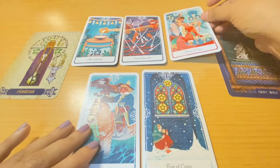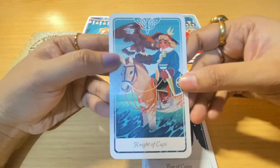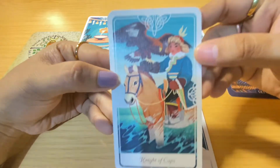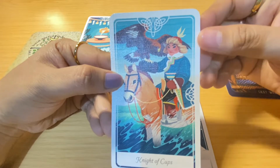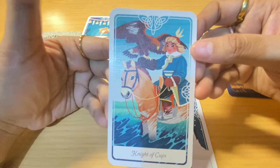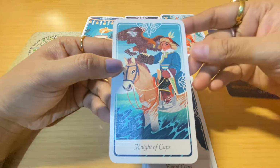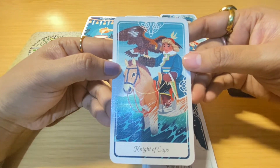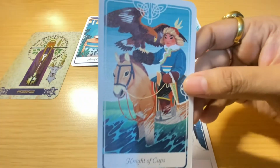Okay, now let's take a look at your fourth card, which is about the future. So here you got the Knight of Cups. With this card, I feel like you might be getting some invitation of sorts. This might have to do with some social invitation, or it might be dealing with some professional invitation, you know, going to do something. And the Knight of Cups person seems very,